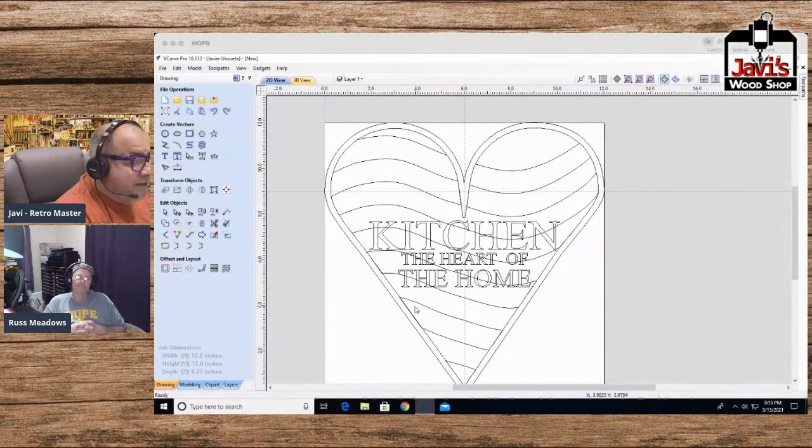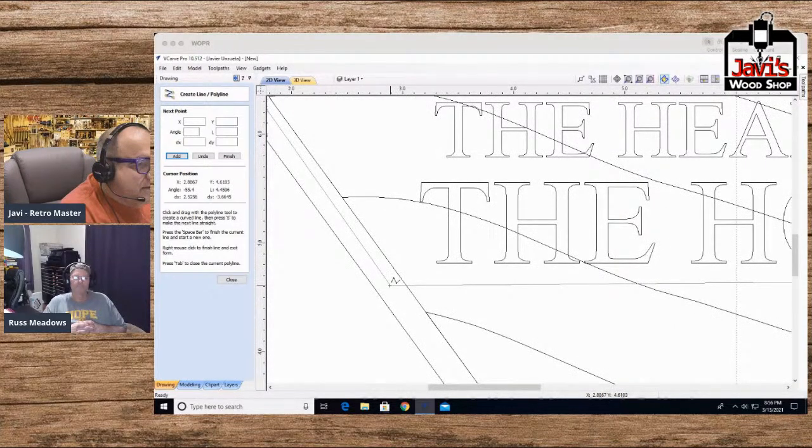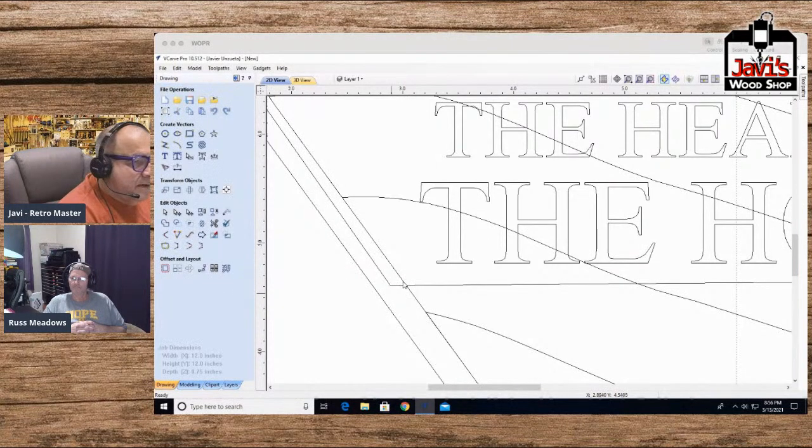All right. So one thing I do want to do though is I want to take this piece and create a simple little square from here, straight across, all the way up to about here, because this is actually a solid piece. So I'll just connect it all to there and back down to here. Anyway, close